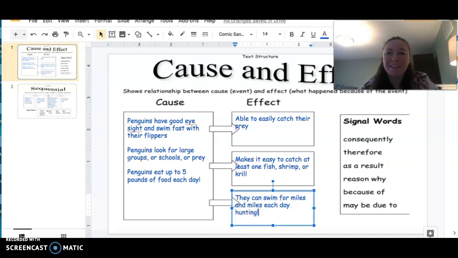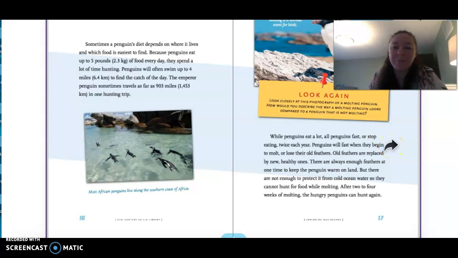Okay, let's try this next page. While penguins eat a lot, all penguins fast or stop eating twice each year. Penguins will fast when they begin to molt or lose their old feathers. So we have 2 key words here, molt and fast. To fast is when you kind of stop eating for a while,